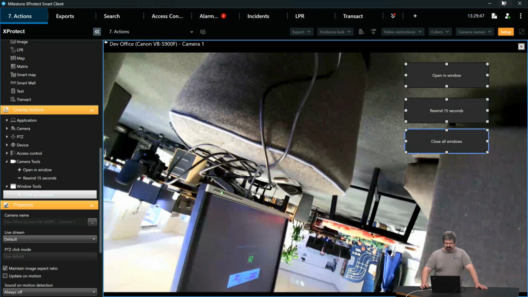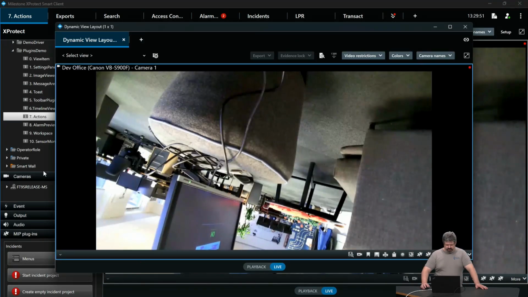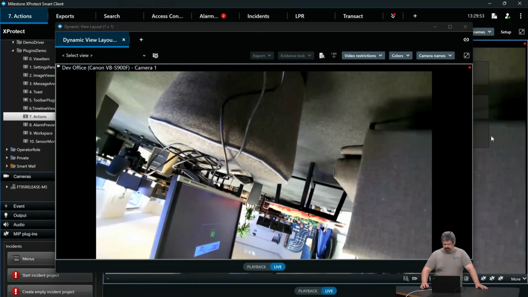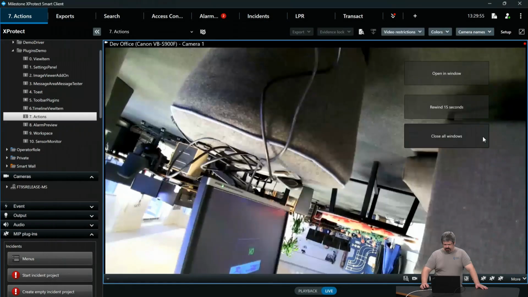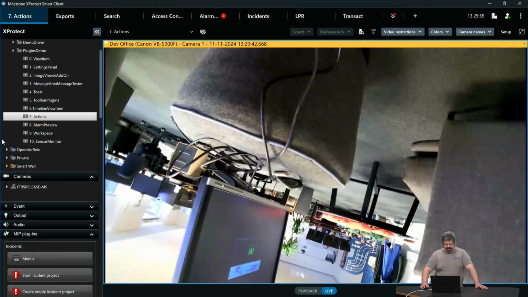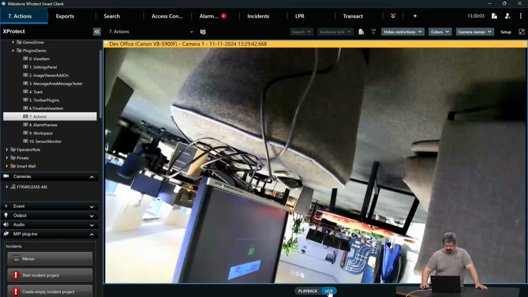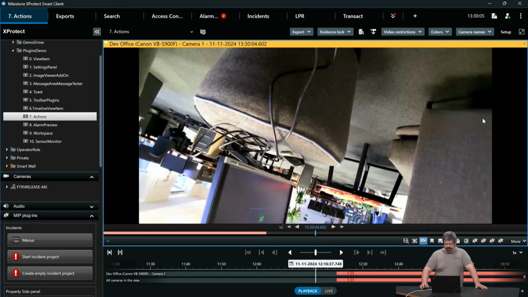So for instance, if I clicked this button, that would open a separate window. And then if I go over here and I click close all windows, it'll close it again. And if I just click rewind, it'll go back into playback mode. Notice those buttons do not show up in playback mode, but then if I switch back to live,